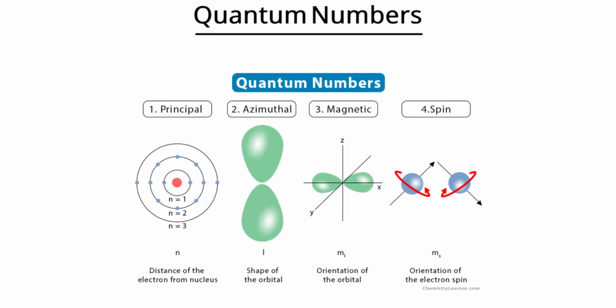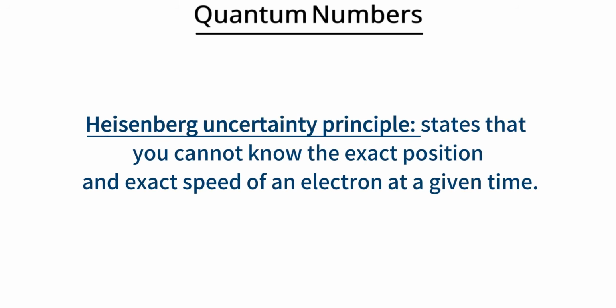Today, we're going to learn about quantum numbers. There are 4 different numbers, called quantum numbers, that are used to describe the location of the electron within the atom. Before we talk about them, remember Heisenberg's uncertainty principle. This principle states that it is impossible to know both the exact position and the exact speed of an electron at a given time. Because of this, we use quantum numbers to describe the most likely location of an electron